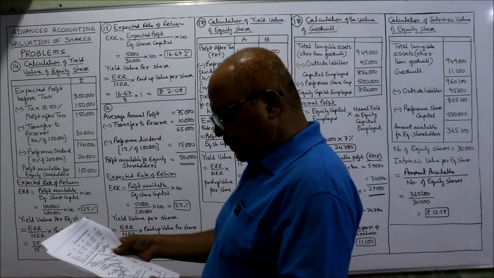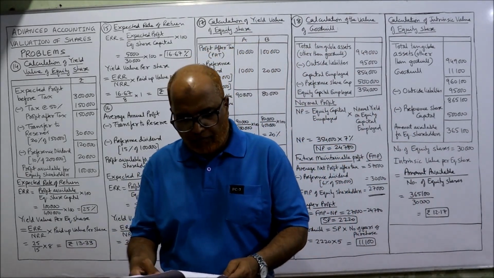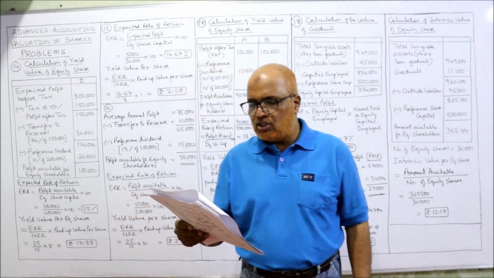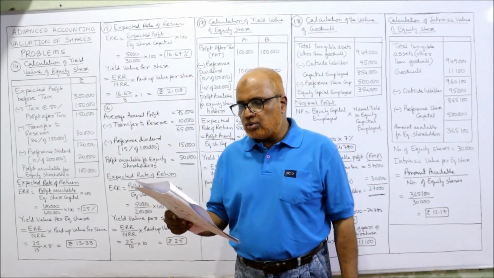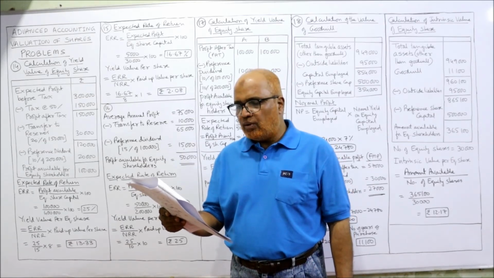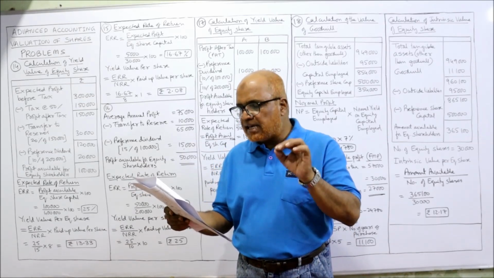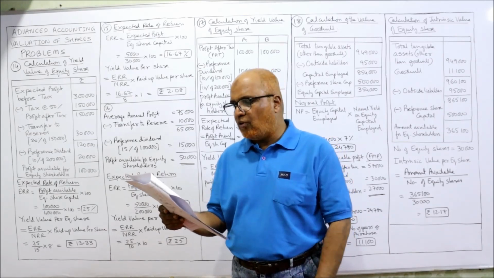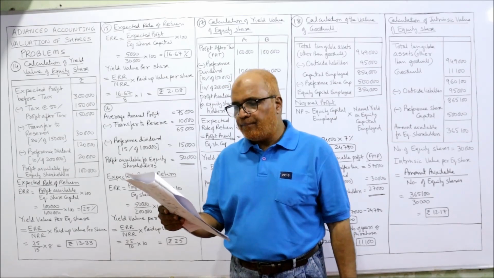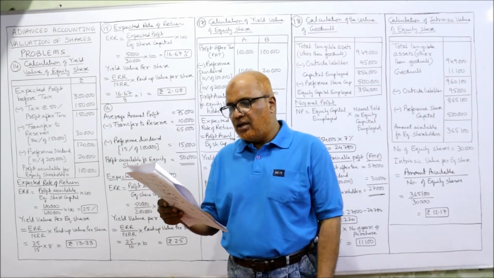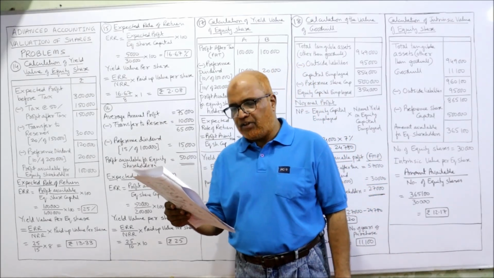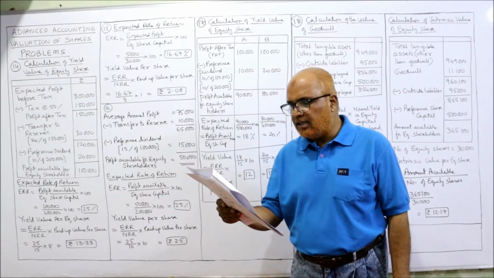Now, see the 14th problem. Problem number 14. From the following information, calculate the value of each equity share. 10% preference shares of 100 each, 2 lakh. 50,000 equity shares of rupees 10 each, rupees 8 per share paid up, 4 lakh. Expected profits per year before tax 3 lakh. Rate of tax 50%. Transfer to general reserve every year 20% of the profits, and normal rate of earnings is